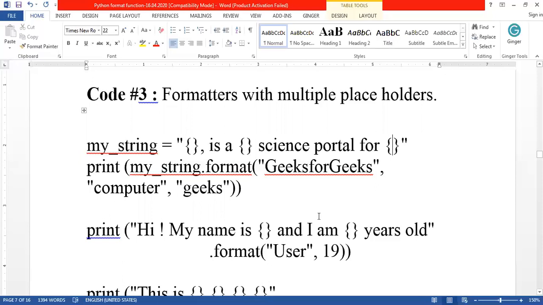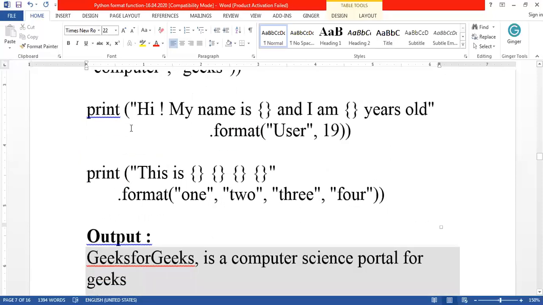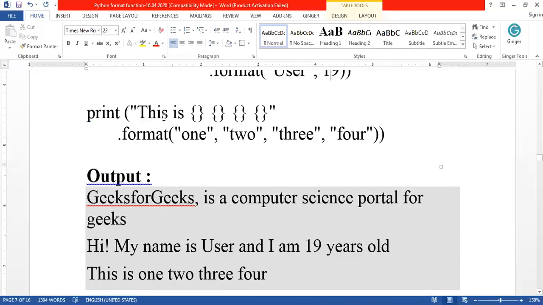So next, what is the next one? Hi, my name is... Here there are only 2 placeholders and 2 values are given. So hi, my name is user and I am 19 years old. This will be displayed as the output of this print function. Next here, this is 1, 2, 3, 4. All these values are replaced here.